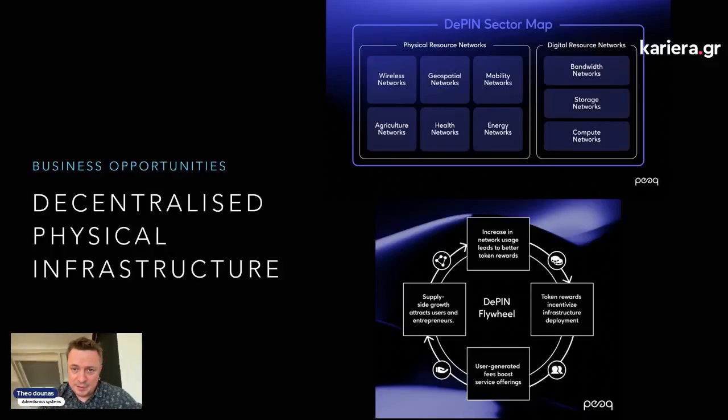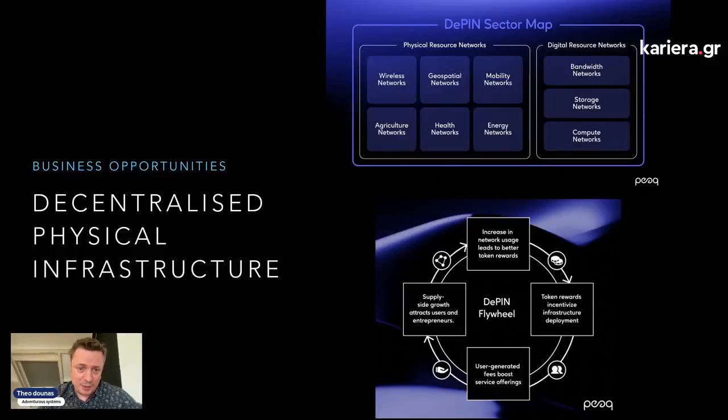resources. And at the same time, you have digital resources such as bandwidth, storage, clusters, compute networks, and so on and so forth. And the combination of the two running on blockchain can allow a new business opportunity to arrive in industrial ecosystems. And here the way it works is that the